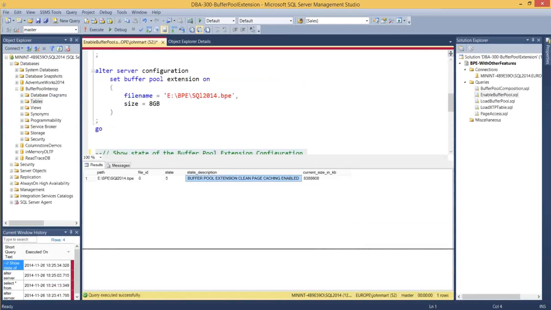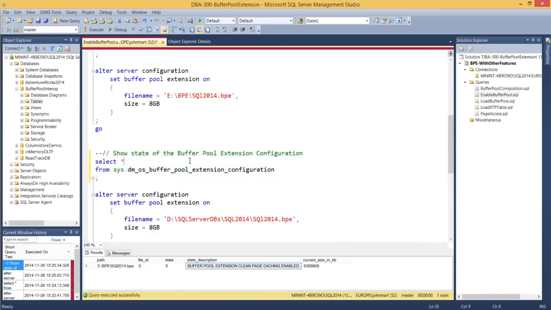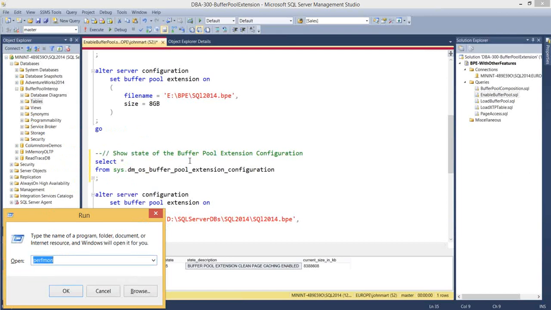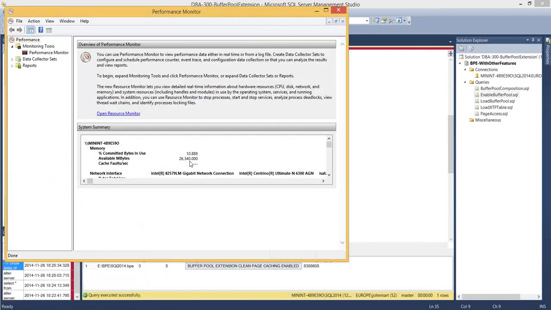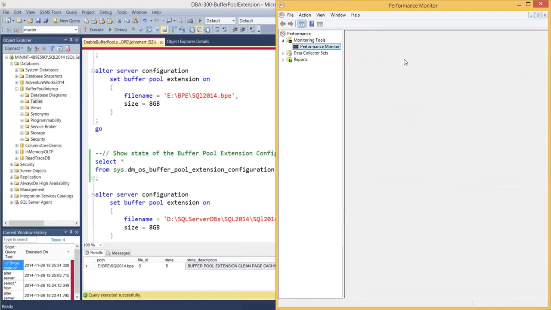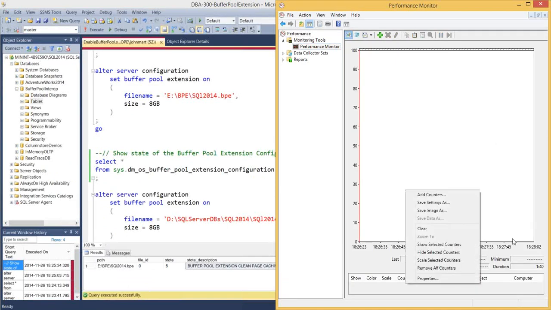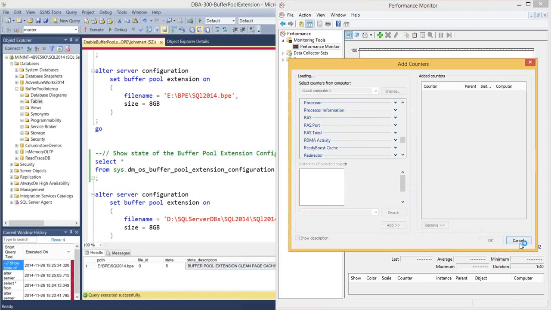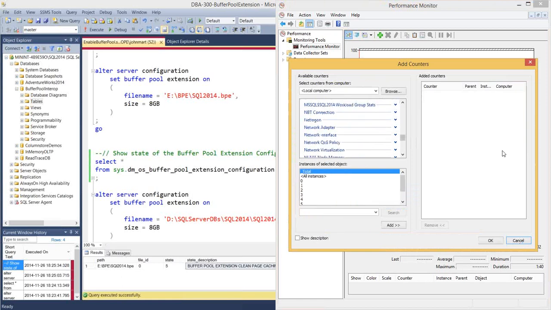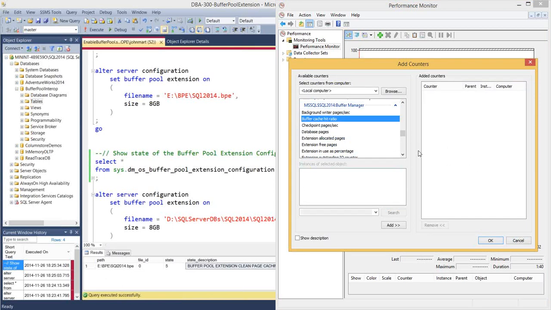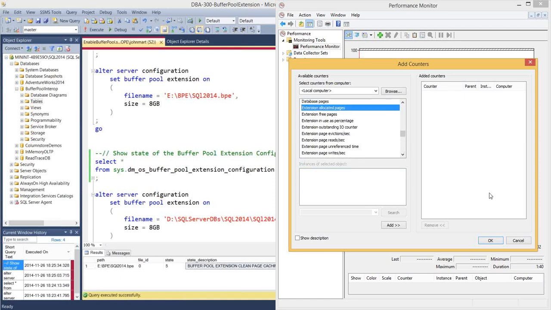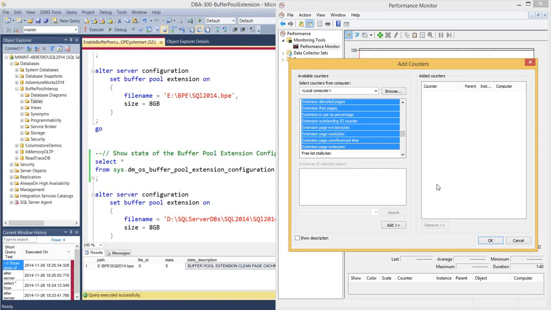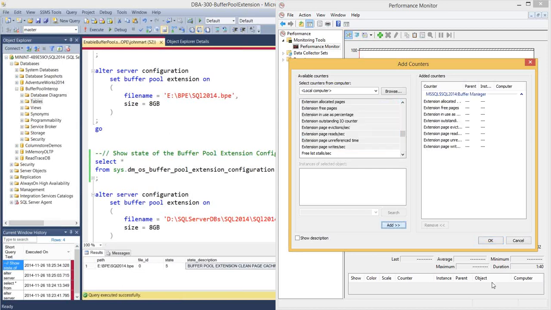So, what do we want to write? Let's just run up perf1. Performance monitor. We'll get rid of that. We'll add some counters now. Find SQL Server Buffer Manager. Here we go. So, we've got our buffer cache hit ratio, we've got our usual array of counters, and here we are, we have the extension counters. So if I add those,